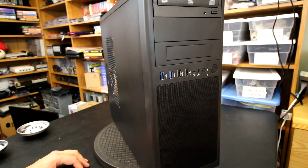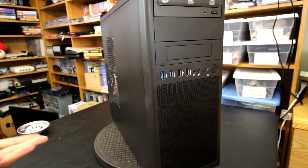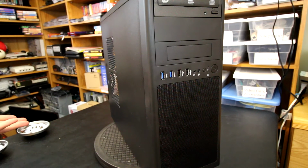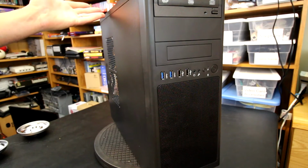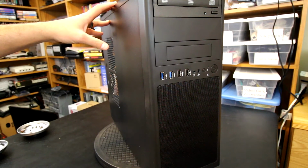So in conclusion, all things considered, I think this case is actually a pretty good value. It was around $50, like I said before, which isn't horrible for an ATX case. It's kind of thin, it's kind of chintzy, yeah. But at that price point, you have to also consider it did include 4 fans. Although we couldn't use the ones on the top because there just wasn't enough room with clearance for the